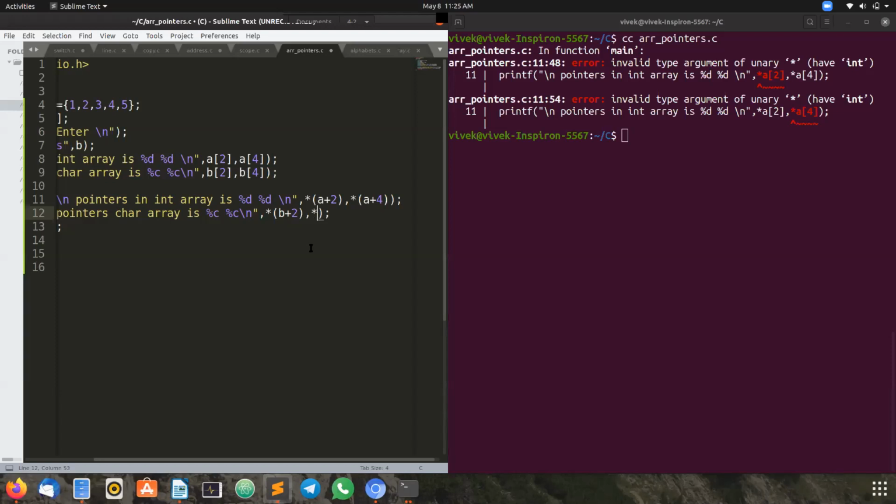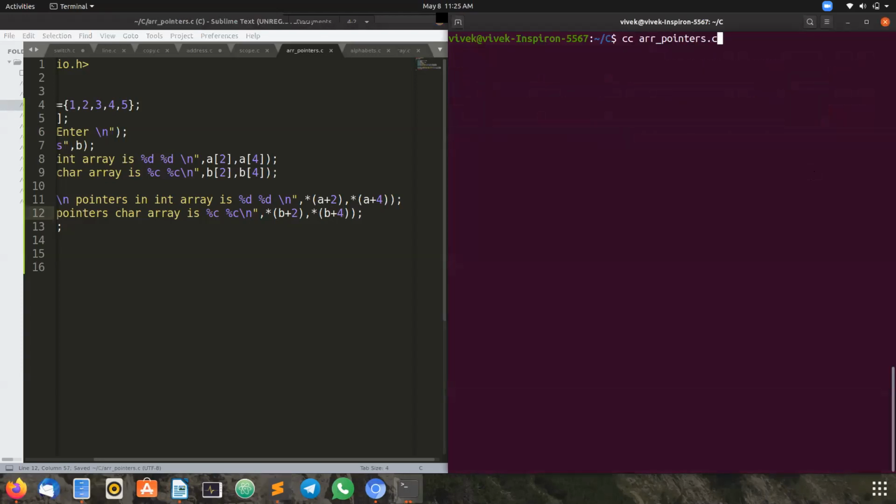You came to know how to write it, but I will explain why we are writing it like that also. And b plus 4. Now let's see the output. We didn't get any errors, and we have to enter a string value here.